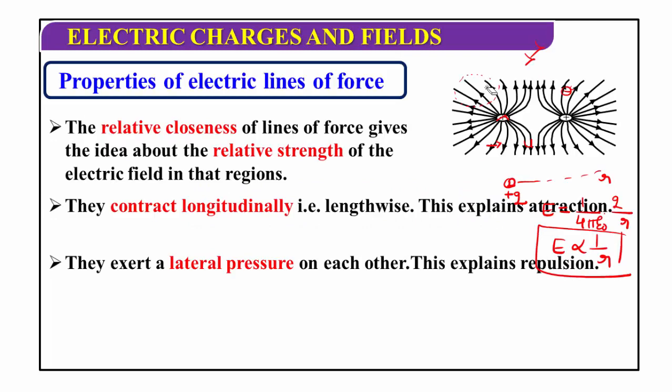What are the basic properties? The first property is that electric field lines start from a positive charge and end at a negative charge. In the electric field, any line you draw indicates the direction of the electric field at that point. A tangent drawn at any point in the electric field gives the direction of the electric field at that point. And two electric field lines cannot intersect each other, because if two lines intersect, it indicates two charges are present at that point.